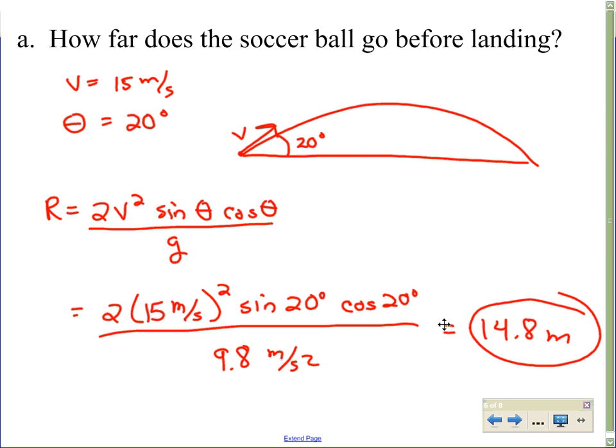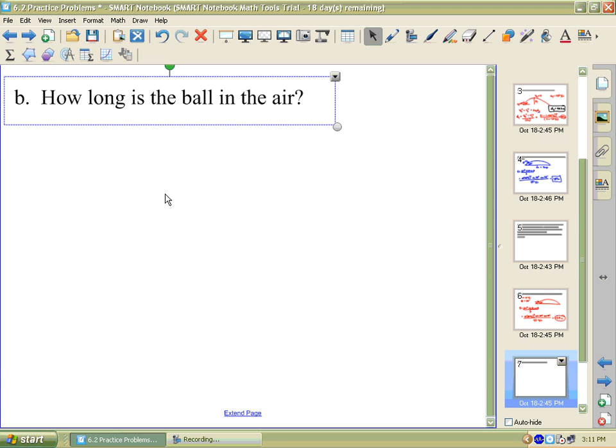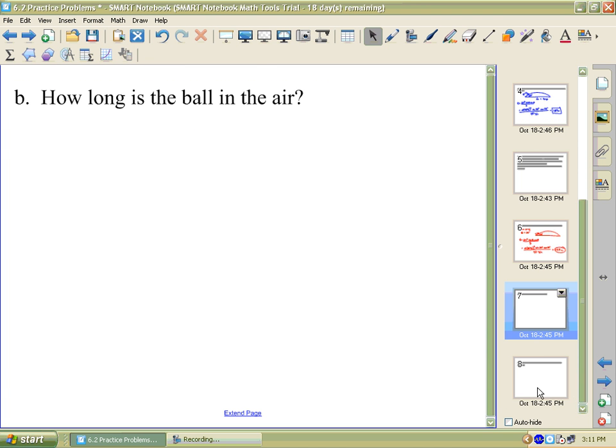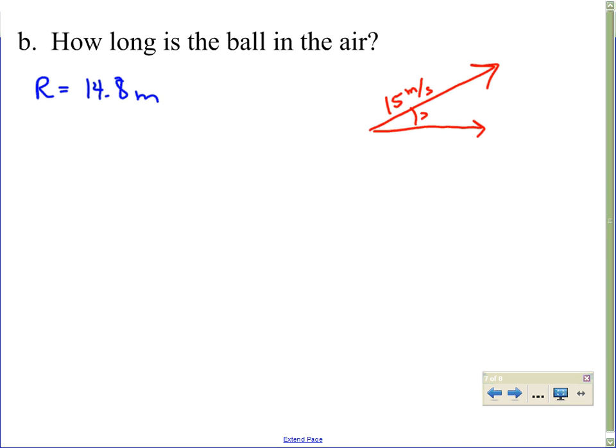Part B asks, how long is the ball in the air? For part B, I can do it a couple of different ways. Now, we just found the range, and the range was equal to 14.8 meters. Now, if I go back to my original diagram, my velocity was 15 meters per second, and my angle was 20 degrees. If I find Vx, I'll be able to use my basic velocity equation, where Vx is equal to